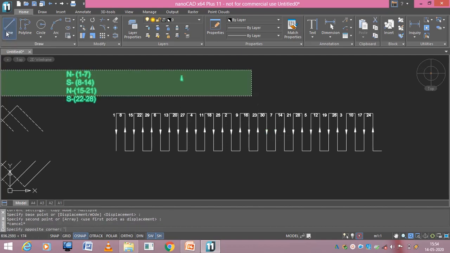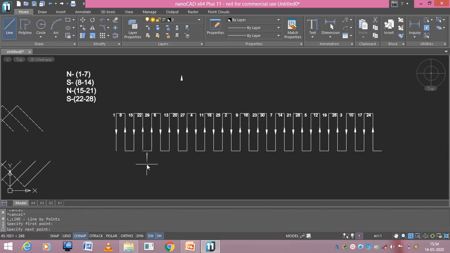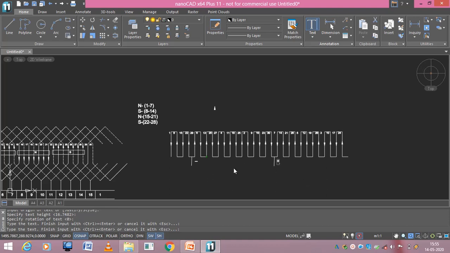Yes. One brush we can place between 22nd and 29, and the other brush can be placed between 30 and 7, right? And this is negative and this is positive. This is your sequence diagram. No need of this, I wrote this just to mark the direction of current and to explain, that's it.